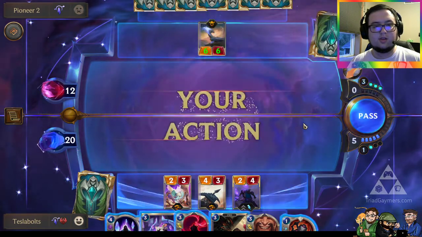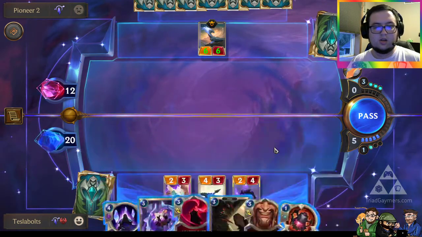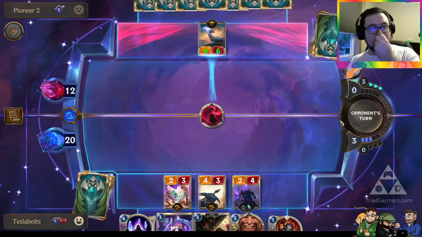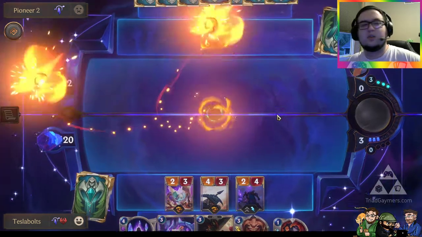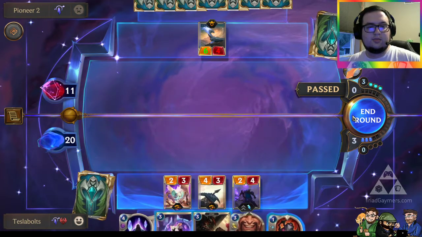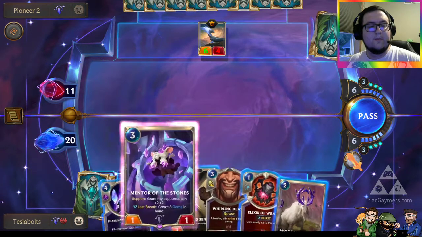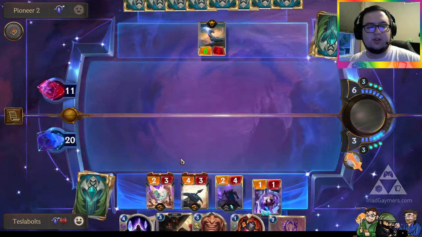Okay. I think we're going to go ahead and... Oh, we might just lose something. You know, let's do this. They'll make them think I'm trying to trade here, which I kind of am, to be fair. I kind of want to make them think that, because then they will try and trade it, and I'll just have some fun. Okay. Yeah, we're gonna have Whirling Death still, so I think we can play Mentor of the Stones and get some